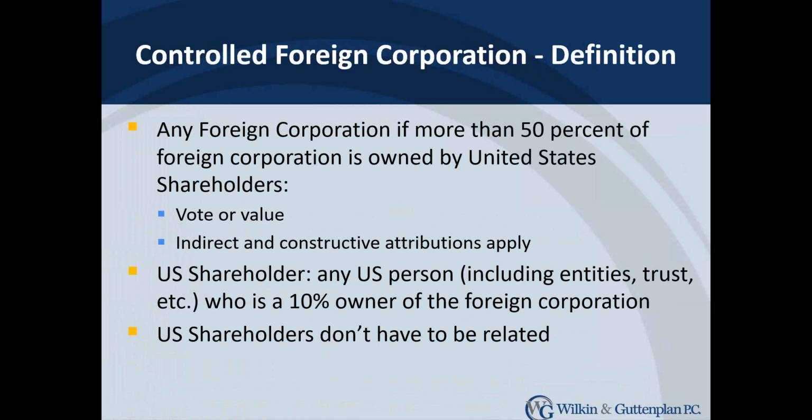So let's look at the rules. You own 30% and you're a U.S. person. Now, what we need to ask is, is your neighbor a U.S. person or is this a foreign person? Let's assume that he's a U.S. person. If we're assuming this is a U.S. person, then his 30% and your 30% make it 60. That is definitely over the 50% of vote or value, assuming that's what we're looking into. So your foreign company would be considered a controlled foreign corporation, and you would be subject to the rules of CFCs.